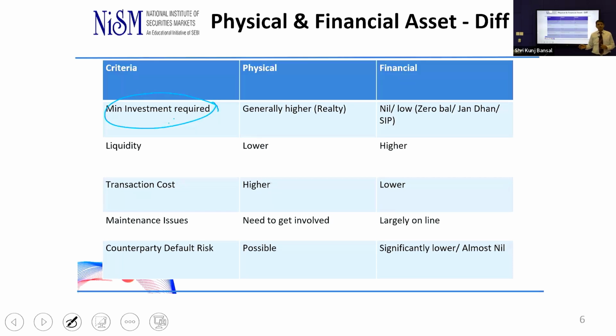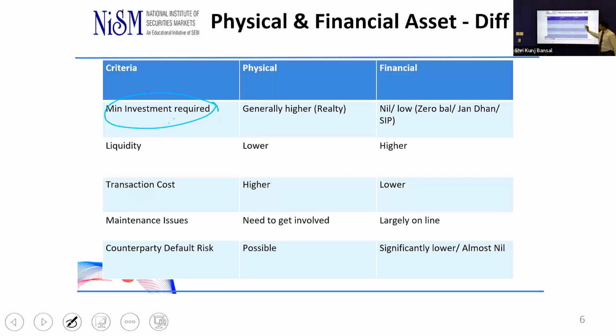Leave aside the metro cities like Delhi, Mumbai, Bangalore, where any small flat you don't get for less than 30 lakhs. Any property, any land you want to buy will be much more, 50 lakhs plus. In fact, crore plus is easily the norm. One may or may not have that kind of financial surplus. Similarly, gold also. Even if you have to buy 10 gram of gold, you need roughly 60,000 rupees. For some it could be very low, but for many of us in India, that amount could be very high.